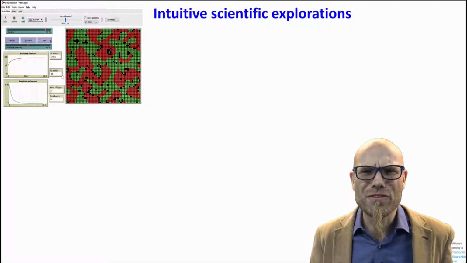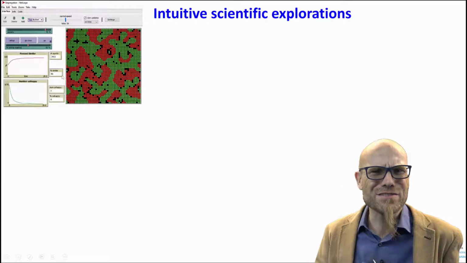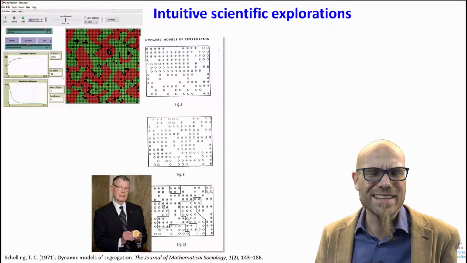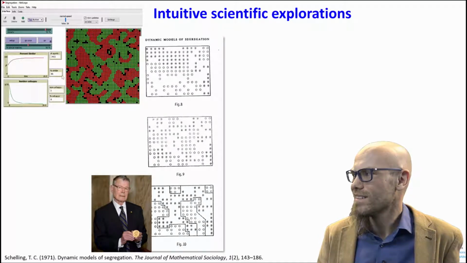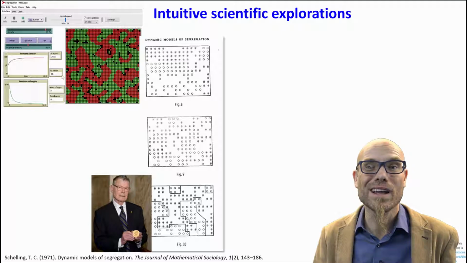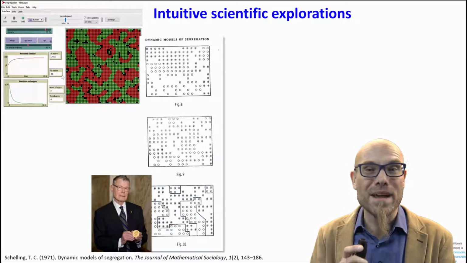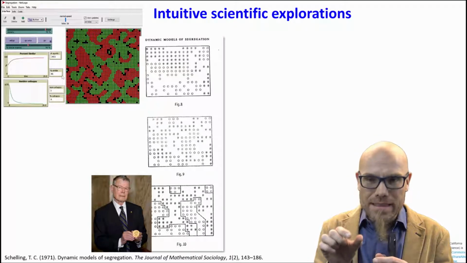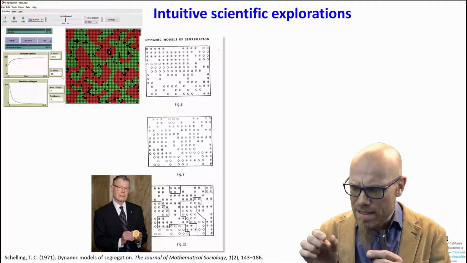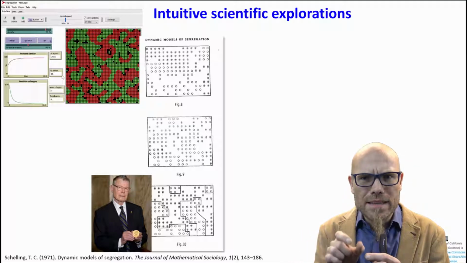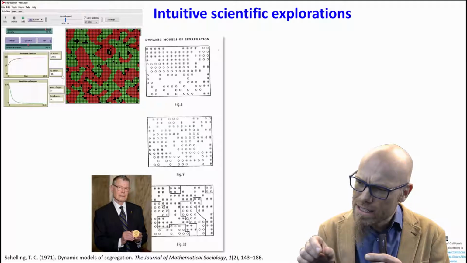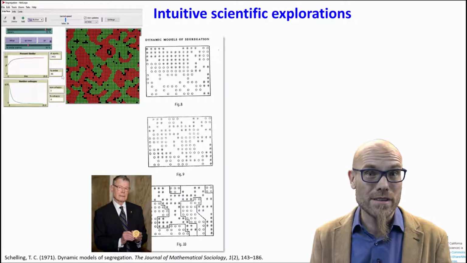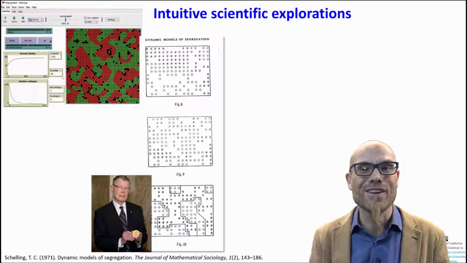Now, how did people do that before they had computers to run through that as fast? So here's how Schelling did it back in the late 60s and the 70s. Here he is with his Nobel Prize, which he really earned, because he did that with pennies and dimes. Really, he sat down with pennies and dimes and had the heads and the tails and moved them, and when they were the same, he counted how many there are, and then he moved them along, and then he saw how many are there from this, and you really gotta be a nerd. So he really earned his Nobel Prize for that.